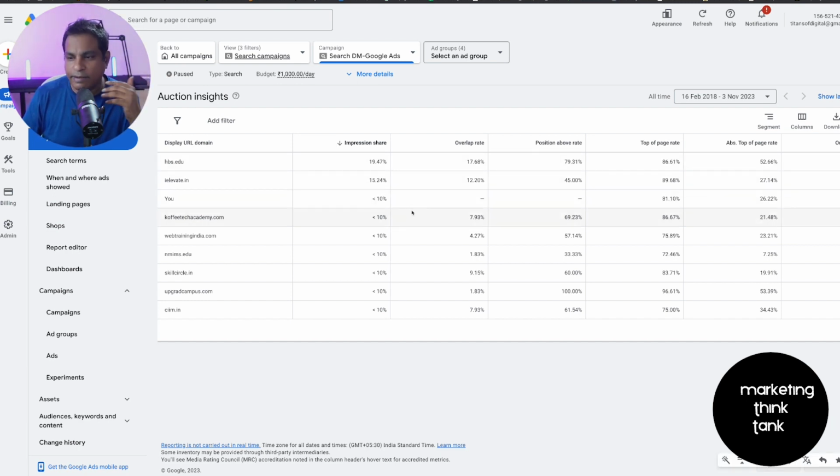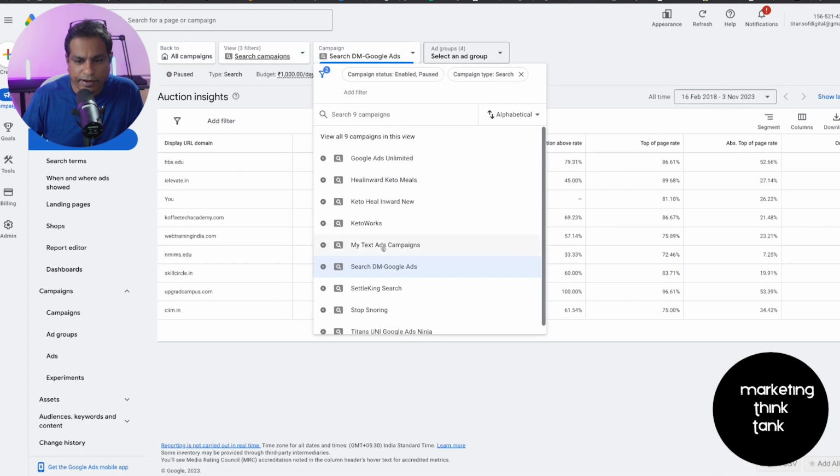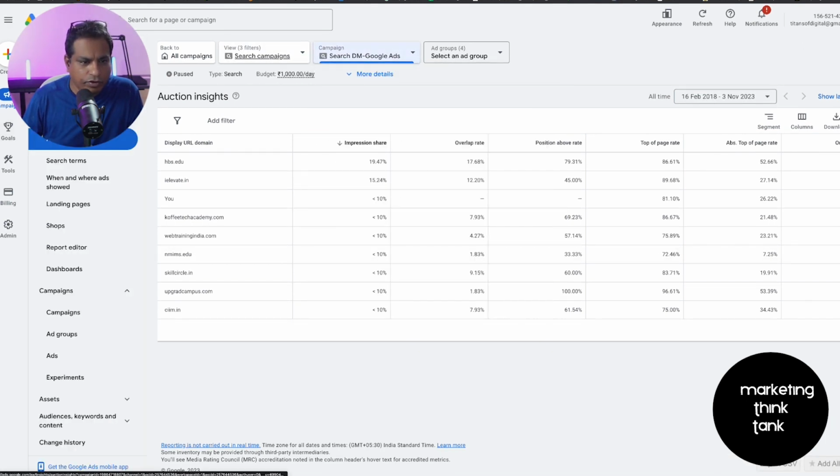So these metrics will help us understand what our competitors are doing, where our competitors are being ranked, what is the impression split between the campaigns, how many times are you showing in the top position, how many times is he showing in the top position, what is the overlap rate, and so on, right? Now, this is only half the story in trying to understand outranking share. Now, another way to look at the auction insights report is you could always go to your campaign details. So let's say you go to a particular campaign and you go to your